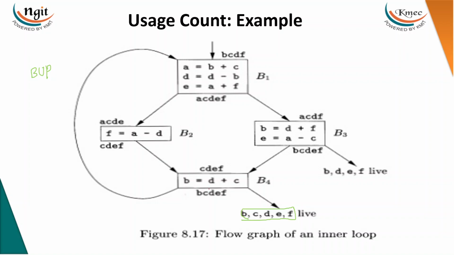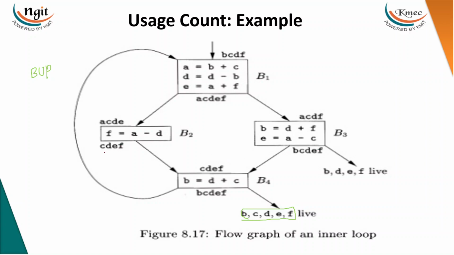You have to take every variable from year to year if it is not used in the left hand side. Yes, B is used, so don't take it. C is not used, take it. D is not used, take it. E and F, and whatever you have used here must be here. So D and C already there, no problem. Then take this live as year and year, B, C, D, E, F, and B, C, D, E, F